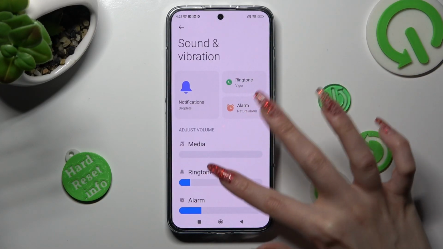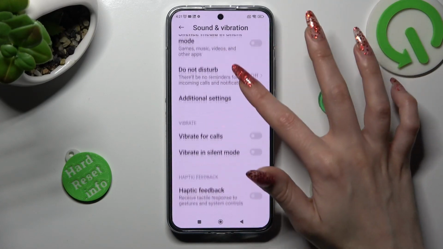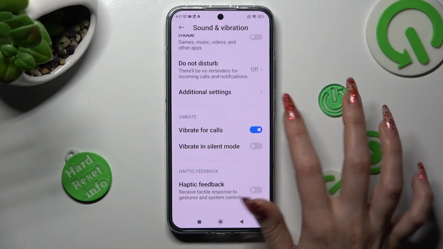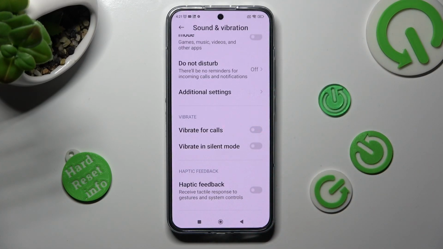Following that, scroll down again and click on this switcher next to Vibrate Vocals. This way you will switch on or off incoming calls vibrations. You can also click on this one next to Vibrate in silent mode to enable or disable vibrations while your